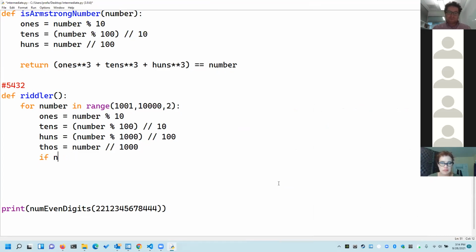So if ones is not equal to tens, because we want to make sure that they're all different. If ones is not equal to tens and ones